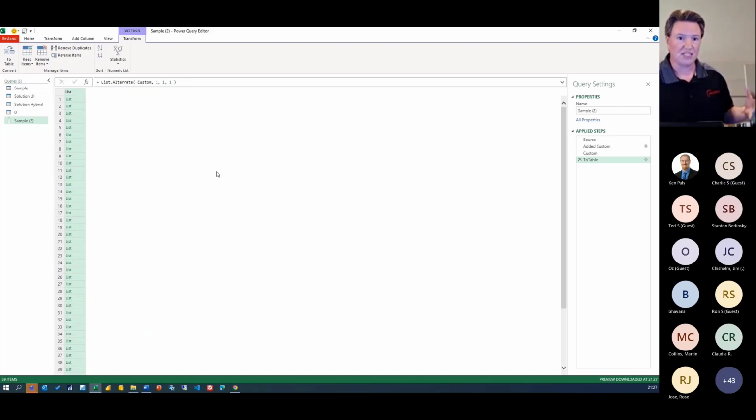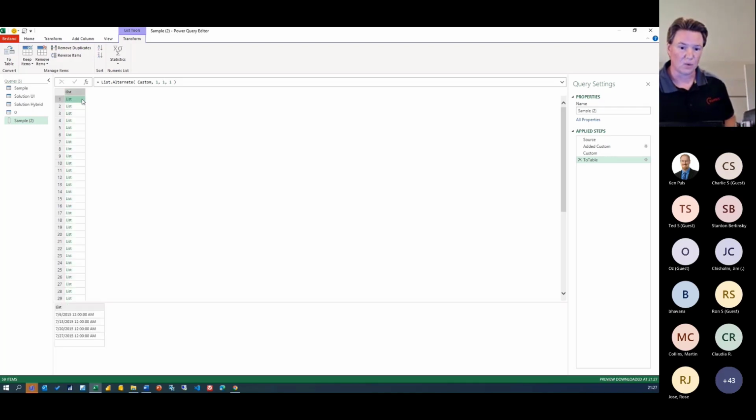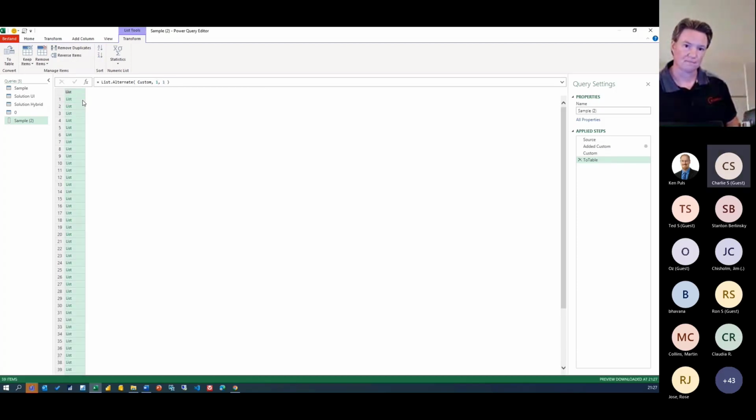And on the face of it, nothing changed. I still have a list with lists. Let's press off to the side in the white space so we can see the contents of those lists. So my first list contains dates, and so does my second list. Perfect. Now, if I want to extract the numerical values, then I have to skip one to begin with. So I can omit this, press that check mark again, and now I'm getting the numerical values.